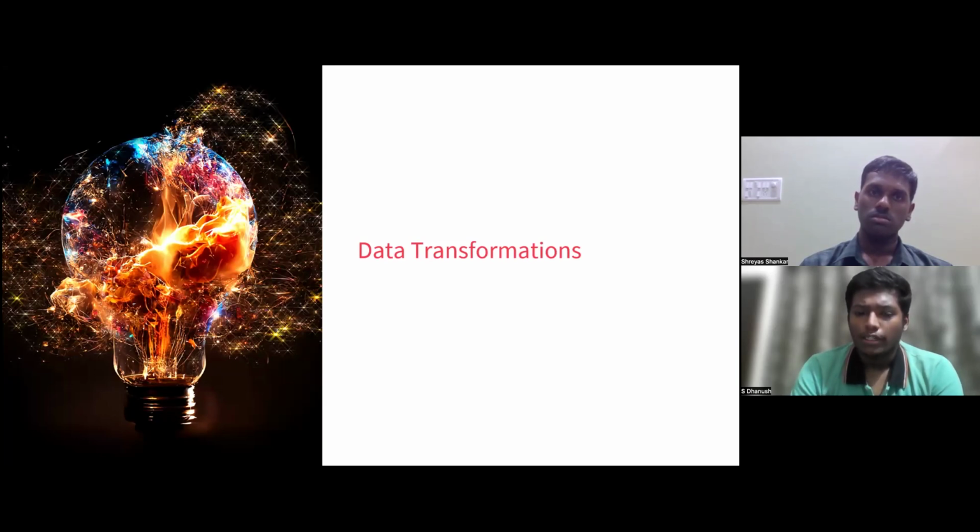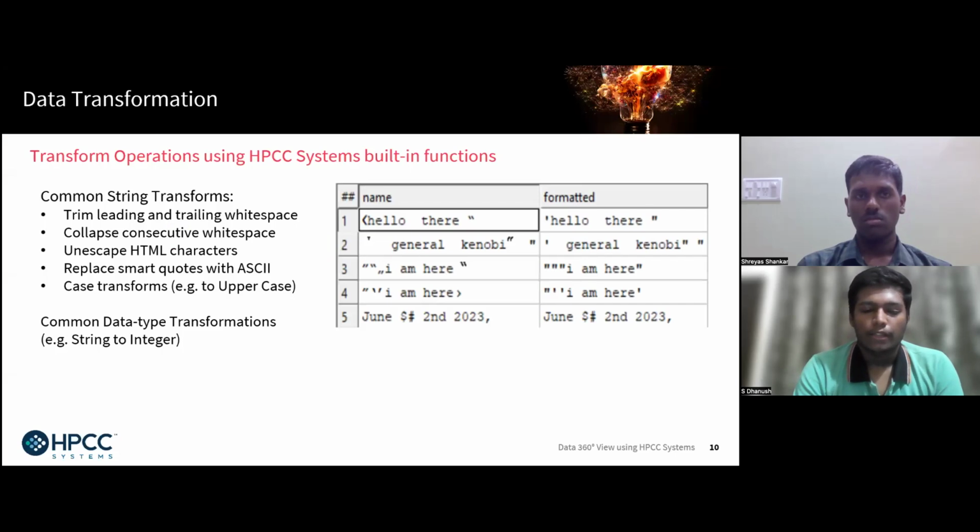Here, all the data transfer operations that we use are similar to the ones present in OpenRefine. So we went through the GitHub. OpenRefine is an open source, localhost setup where you can find all the code. So we went through all the Java code and converted it back into ECL. So the first option that we gave was